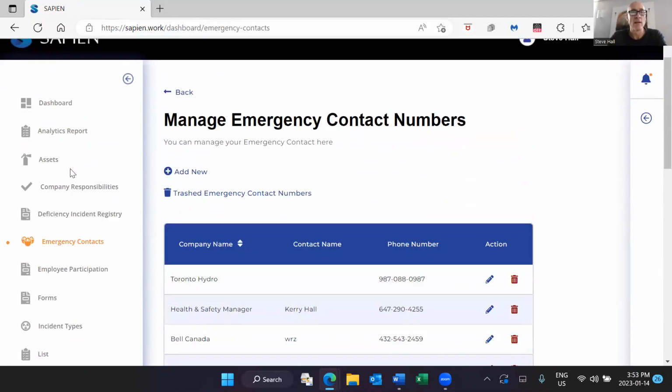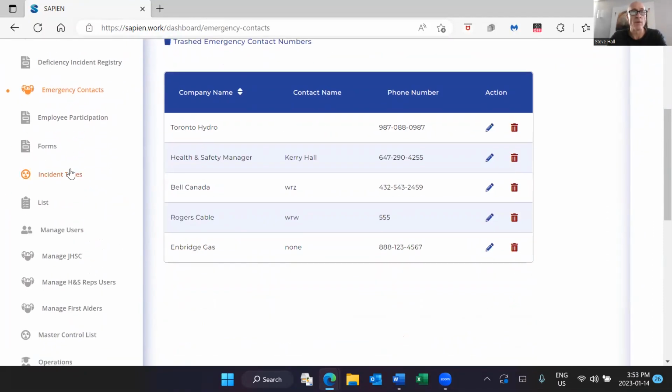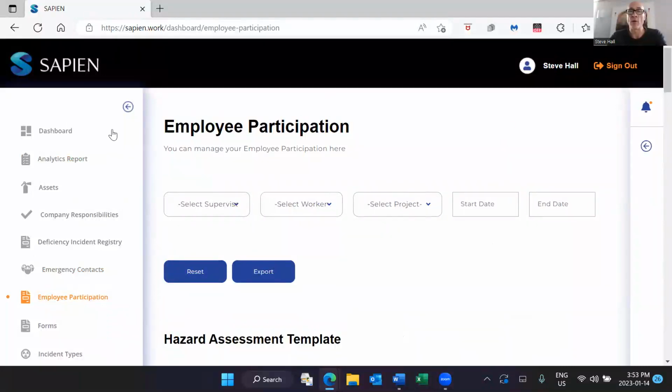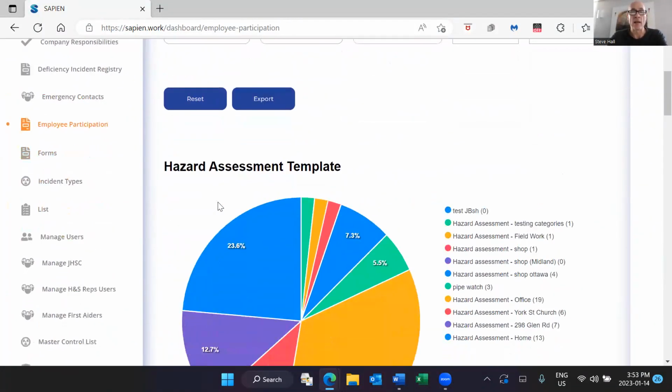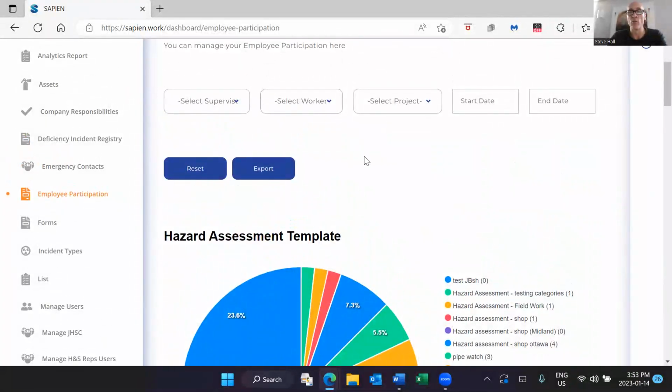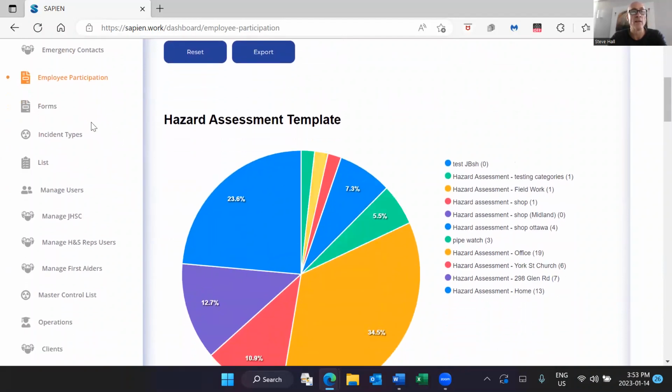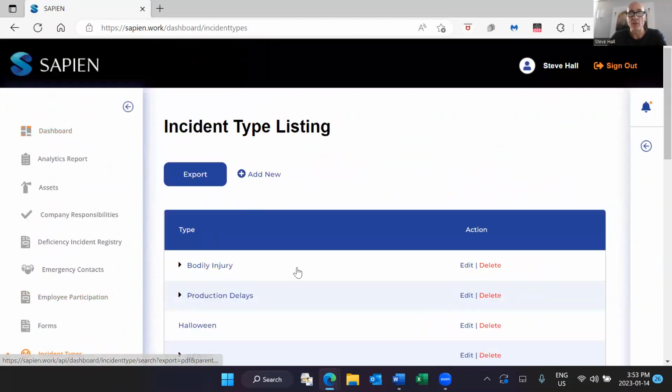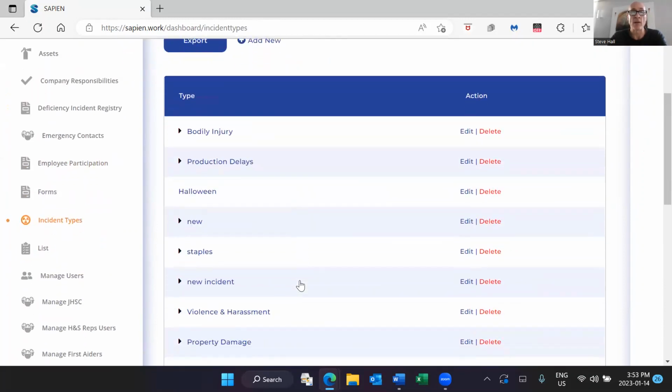Emergency contact is part of the safety board. Employee participation, part of your information. Again, I can go in and see all of the reports that are being done. I can filter through which workers are on which projects and which dates and all that kind of stuff to get it. Incident types. This is where all of your analytic information comes from, so we can create any type